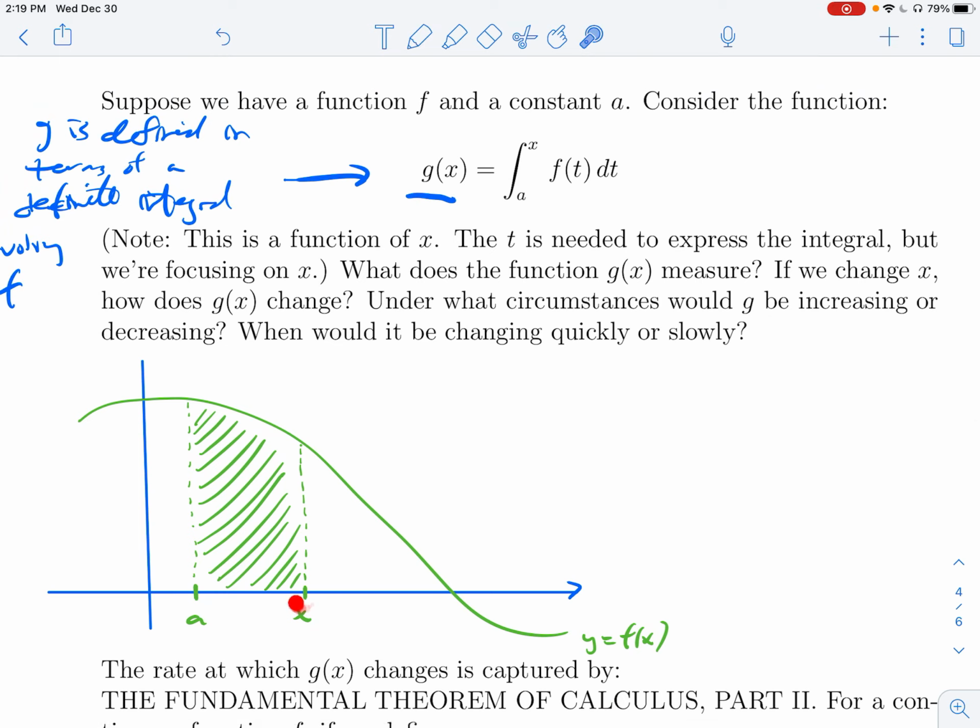The idea is I put x here and got this area. If I put x over here, I would get this additional area and a different value of g of x. So the way you kind of want to think about this is as we're moving forward, we're accumulating area. And g of x is measuring that total accumulation of area. If we go all the way over here, if we move x over to this value,